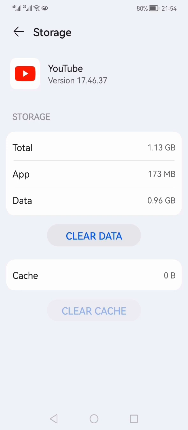you may have stored, like the videos that you may have downloaded to watch offline that must have been consuming some space. As in my case you can see that it is 0.96. So I'm just going to press this and it will clear the data, but in my case I'm just not going to do it. But this is how you can clear the cache of a YouTube app on your Android